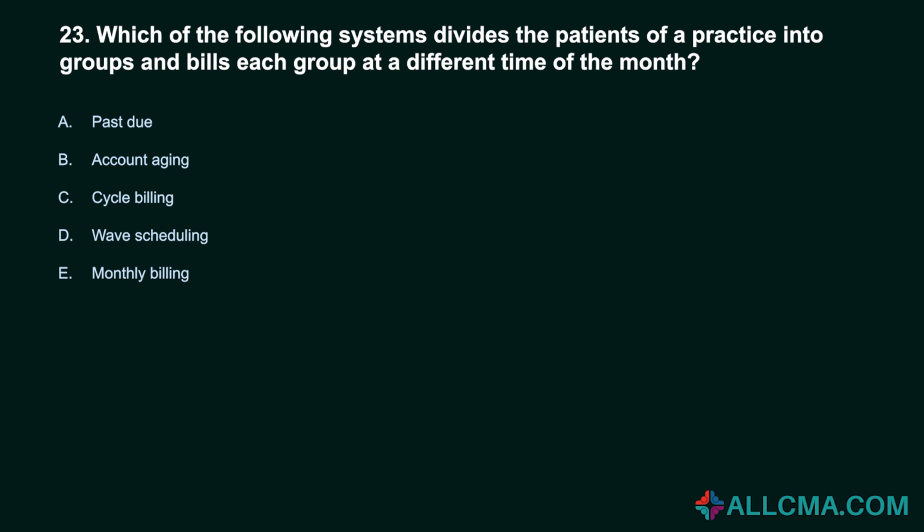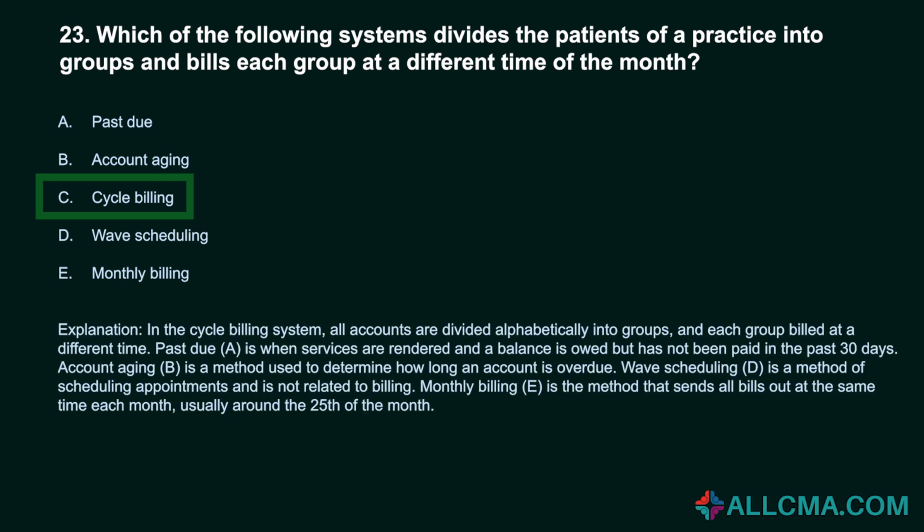A. Past due. B. Account aging. C. Cycle billing. D. Wave scheduling. E. Monthly billing. Correct answer, C. Cycle billing. In the cycle billing system, all accounts are divided alphabetically into groups, and each group is billed at a different time. Past due, A, is when services are rendered and a balance is owed but has not been